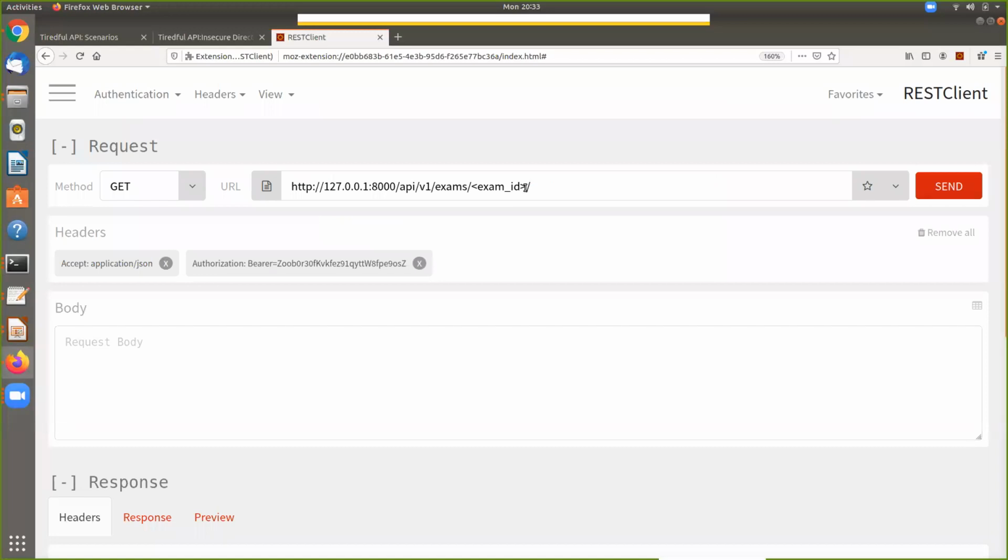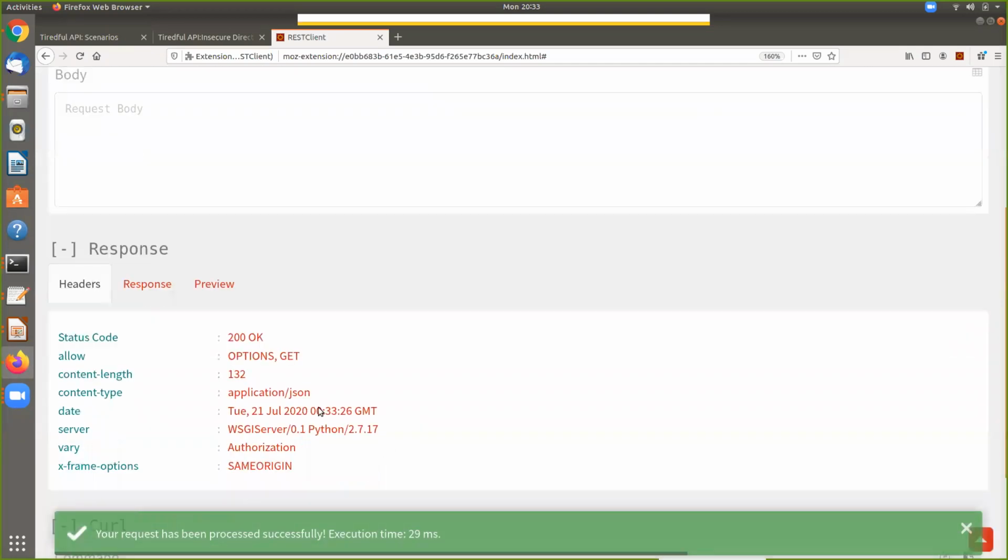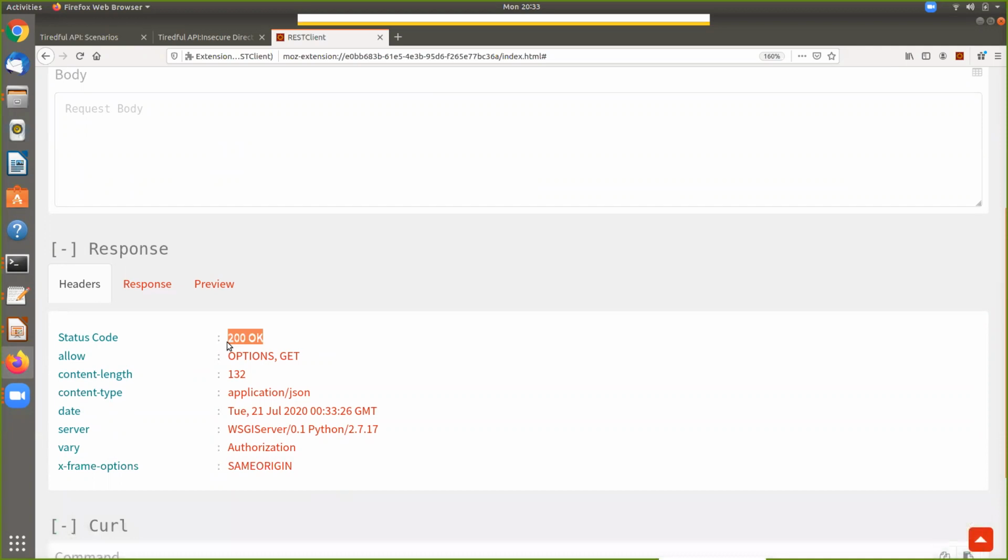And the sample exam IDs they gave us were, one was a capital MQ equals equals. So we'll go ahead and do that and see what we get here. So we send that. Again, this is important. Our HTTP status code is 200 from the server.